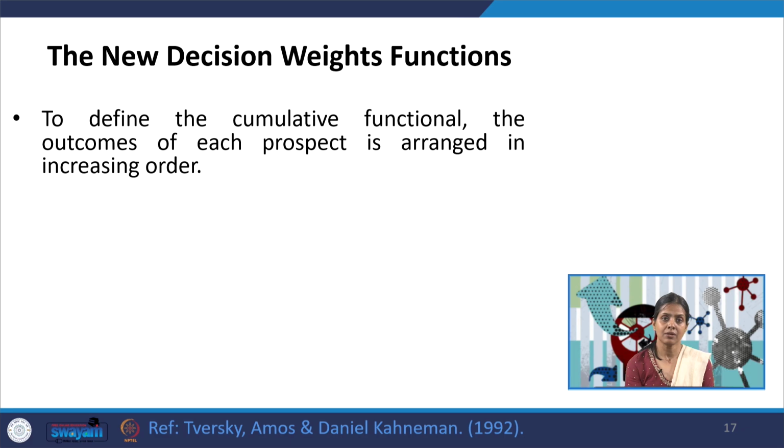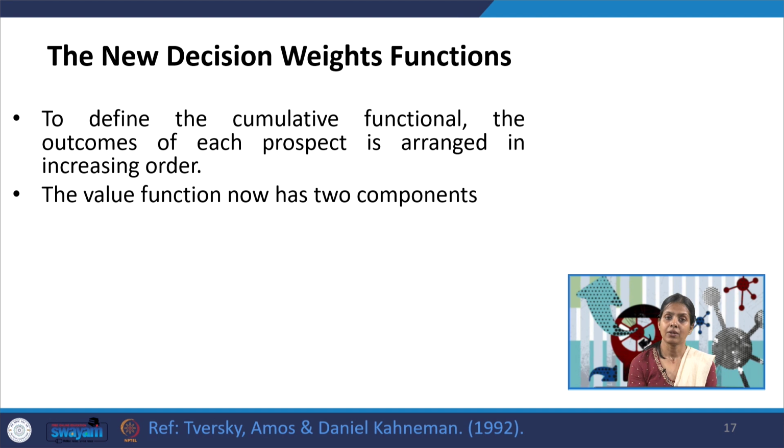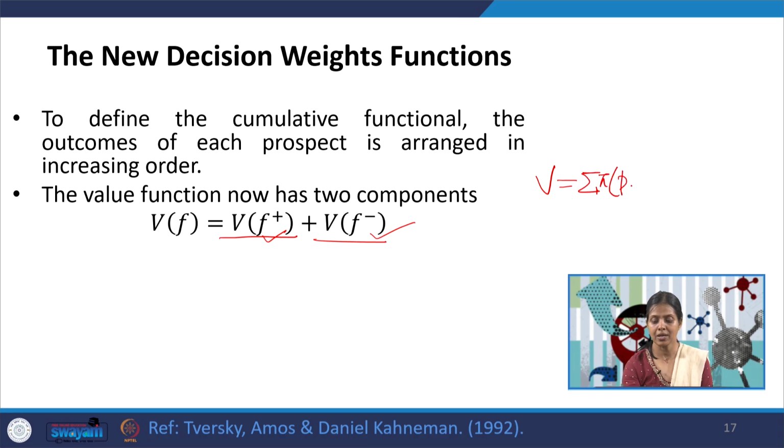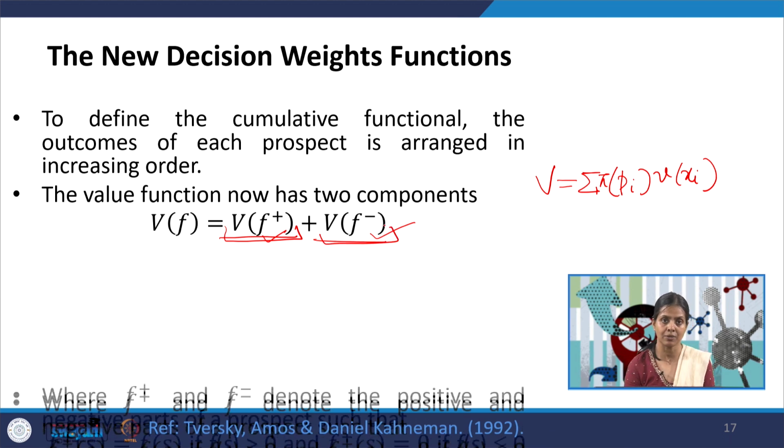To define the cumulative functional, the outcomes of each prospect are arranged in increasing order. The value function now has two components. One is V(f+), another is V(f-). So, V(f+) deals with all positive outcomes and V(f-) handles all negative outcomes. So, earlier, if you remember, we had this value function which was simply a summation of pi into V(xi), right. Now, first of all we are segregating them into positive and negative outcomes,